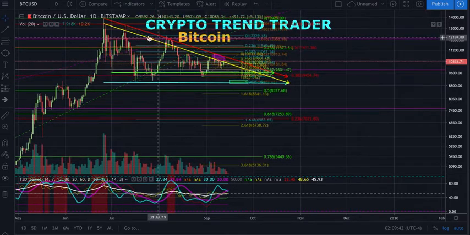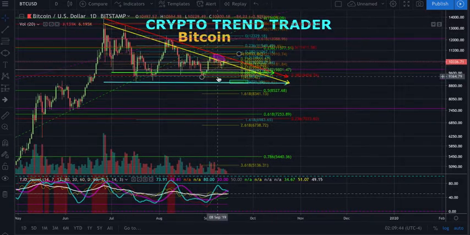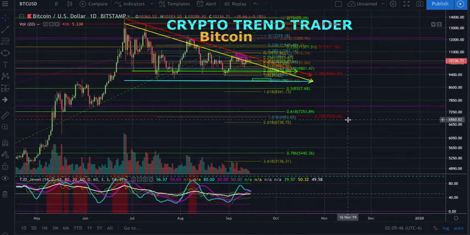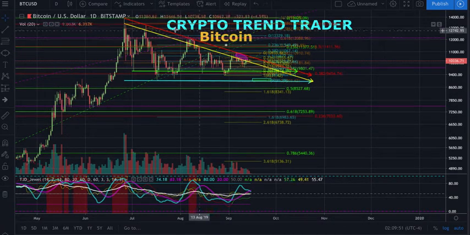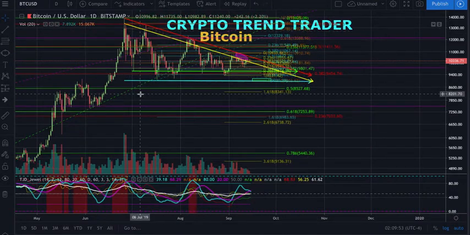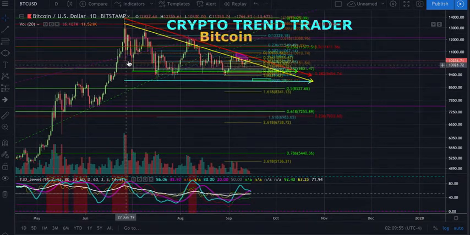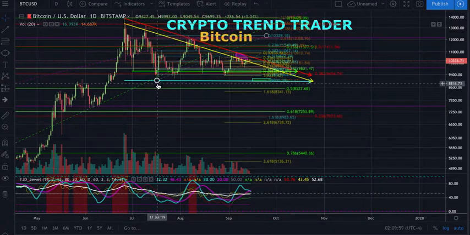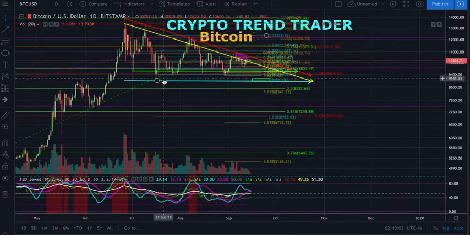There's a reason that these patterns develop in the way they do, and there's a reason that they're considered to be bullish or bearish. Now granted, the market can do whatever it wants anytime, but this is a clear signal to the market essentially saying that every time we try to push the price up, we get less of a reaction, and every time we come back down, we get that same support level, which is going to get weaker